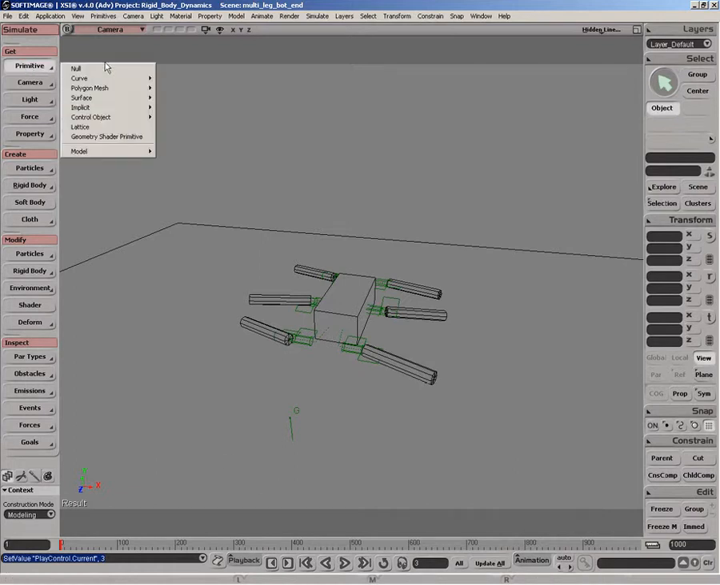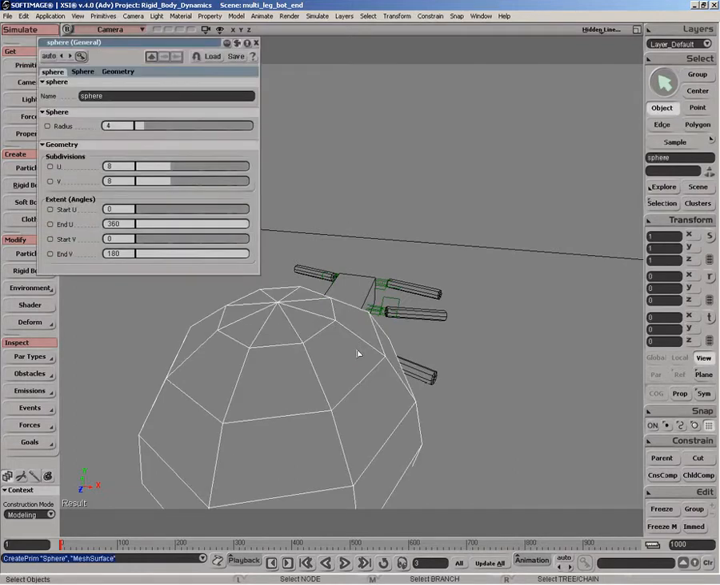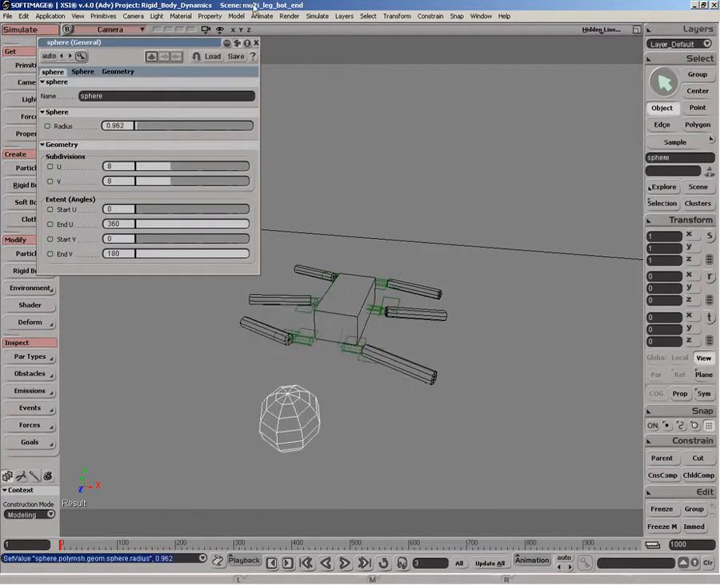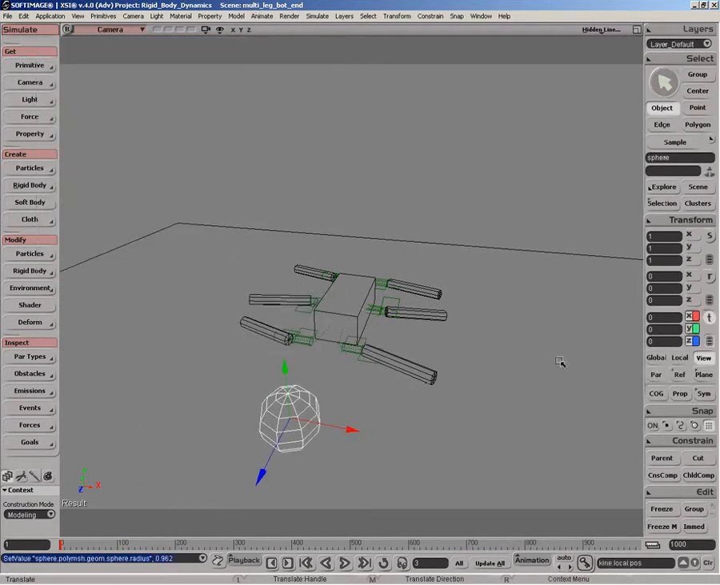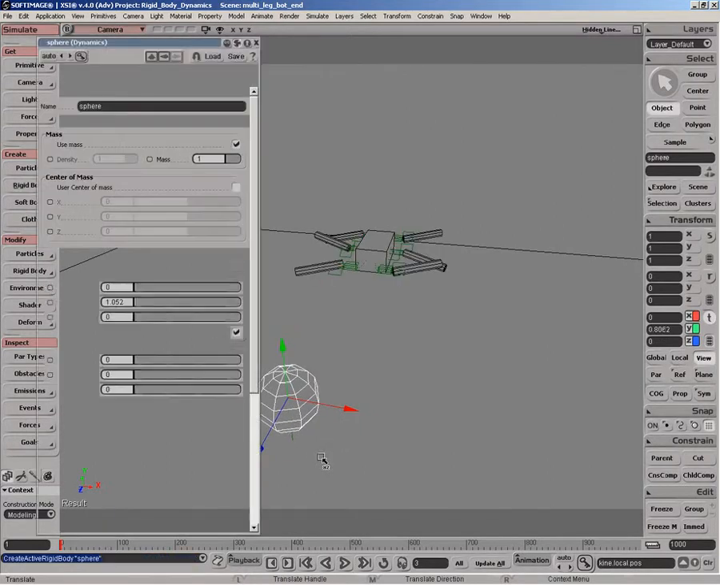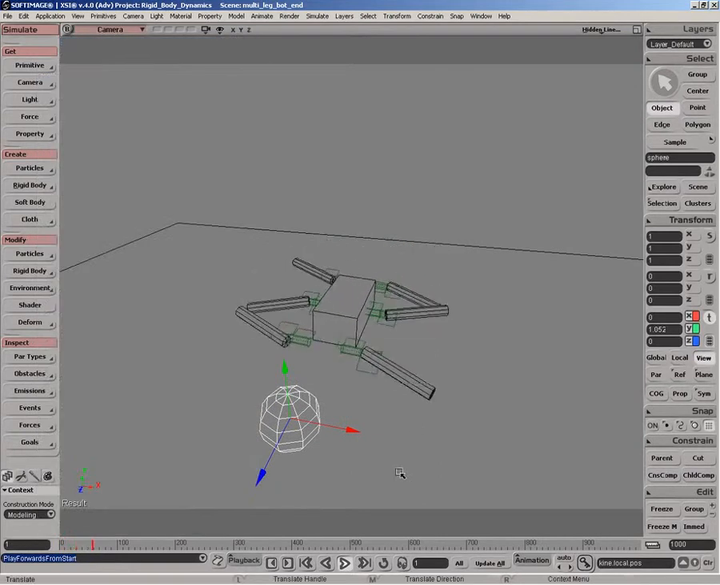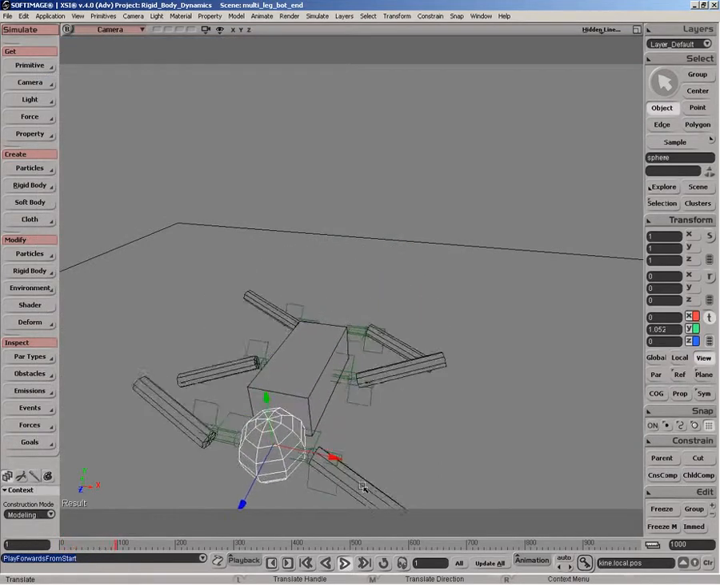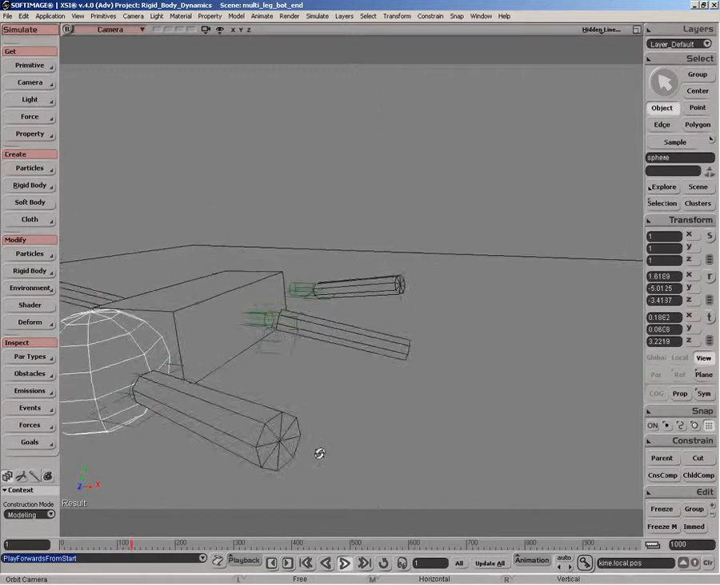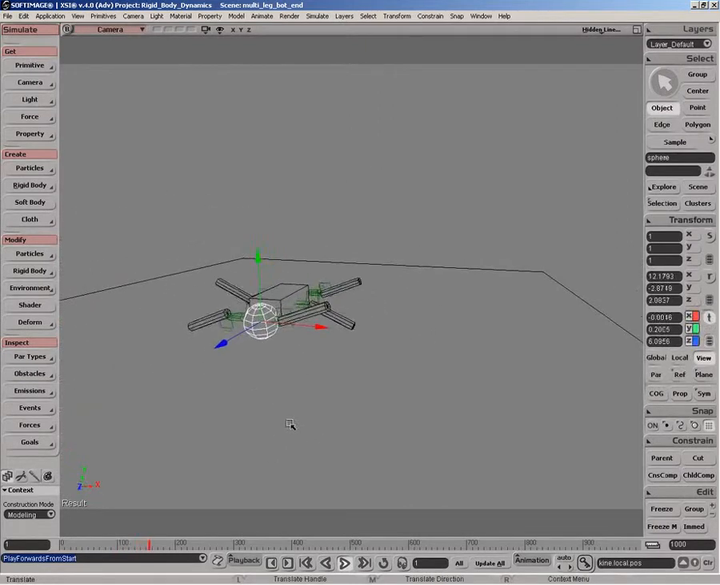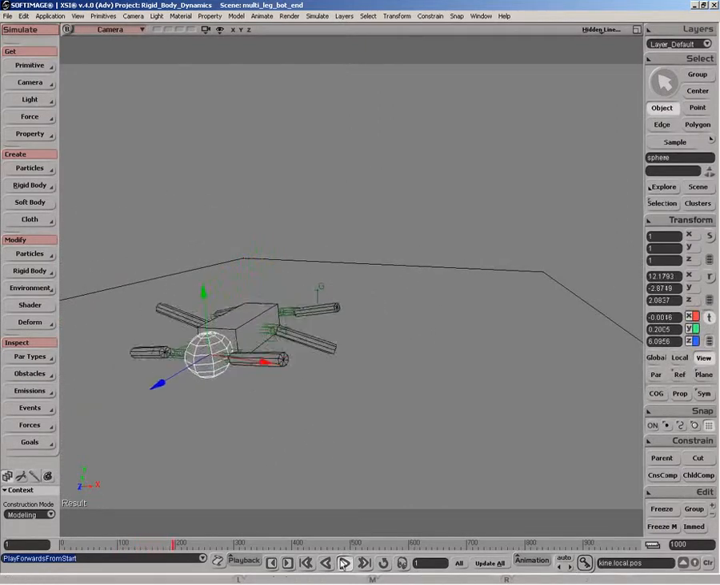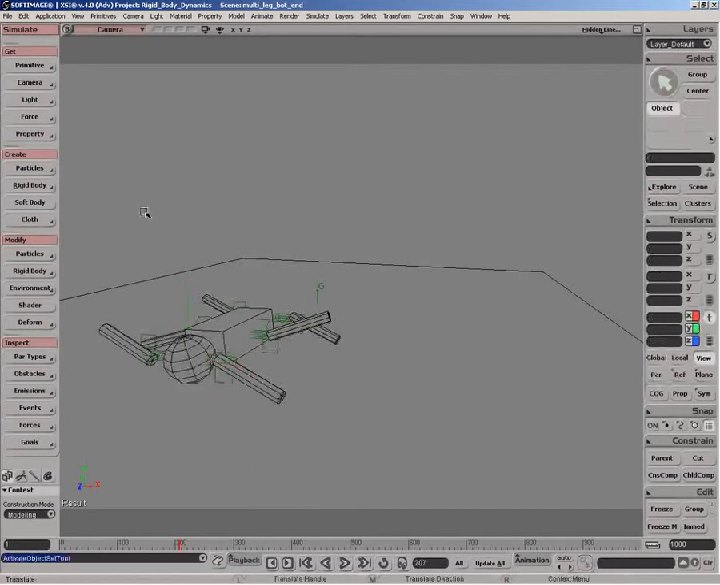For example, in this case, if we drop a sphere into the scene, we can scale that down, translate it up slightly, and make it an active rigid body. We can play back the same simulation, and without having to adjust anything, we get it reacting to that new object. So you can see there are a lot of distinct advantages